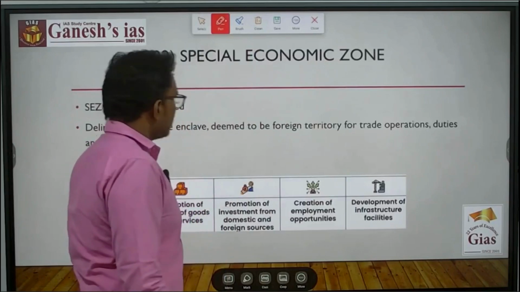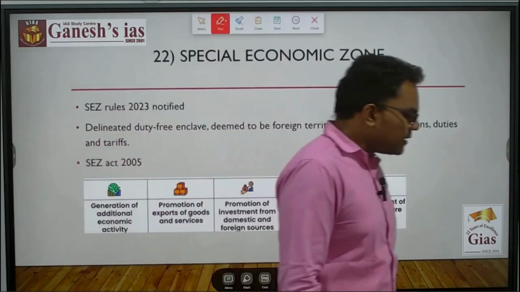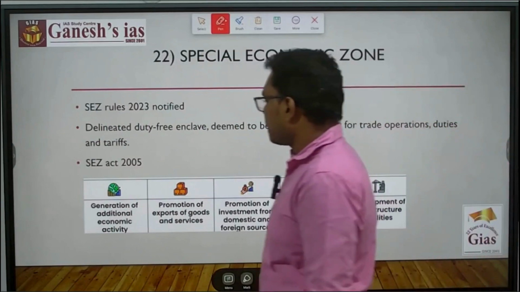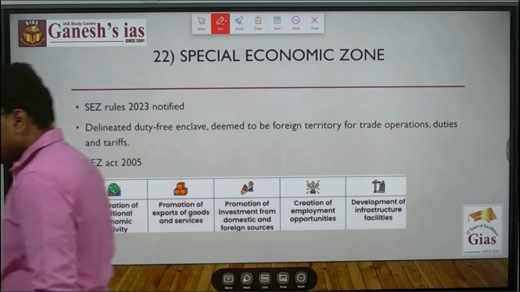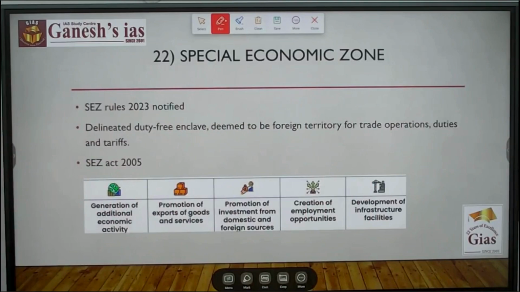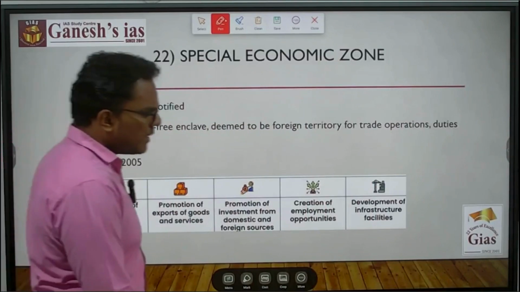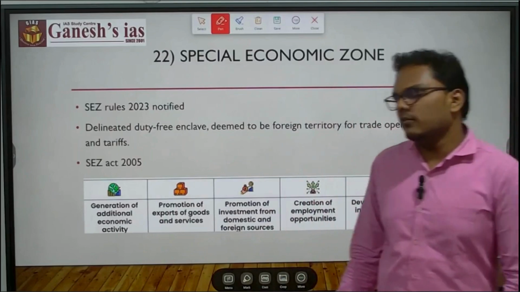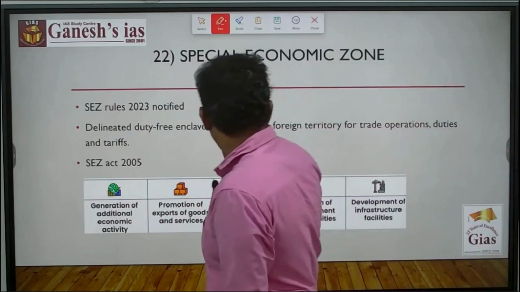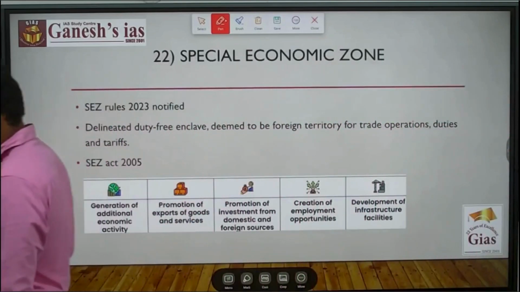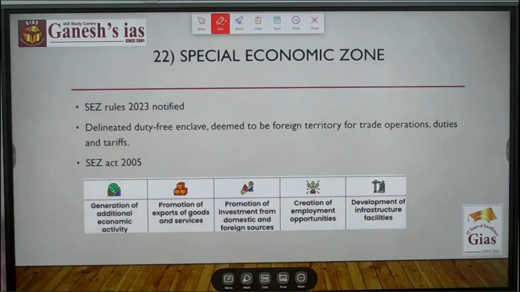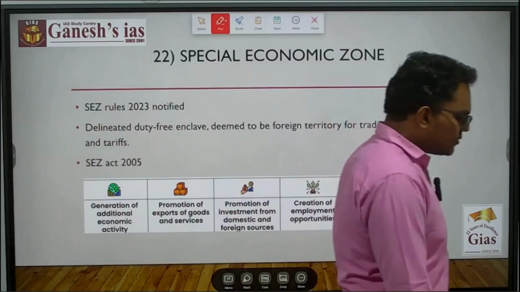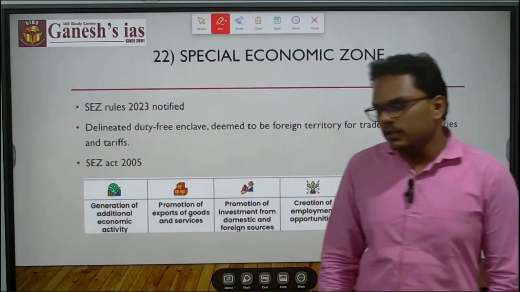Next is your special economic zones. Recently, the Special Economic Zone Rules 2023 were notified. So it's nothing but a designated duty-free enclave, that is, it is supposed to be a foreign territory for its operations, duties, and tariffs. That is your special economic zone, and you have a Special Economic Zones Act, and then you need to know who has the